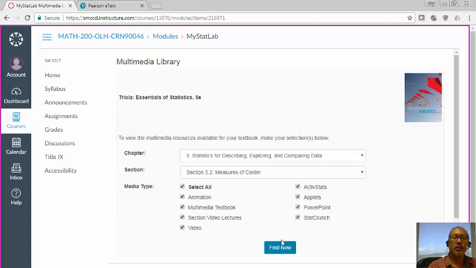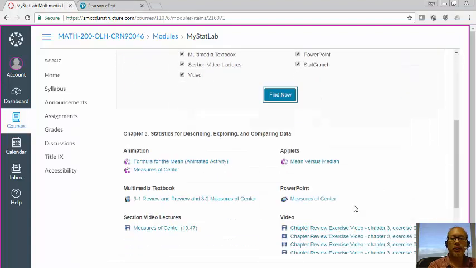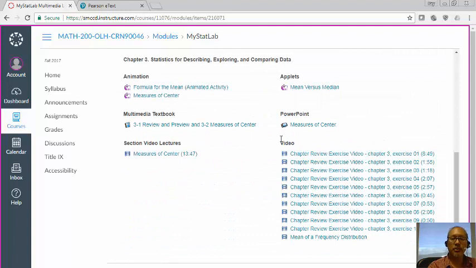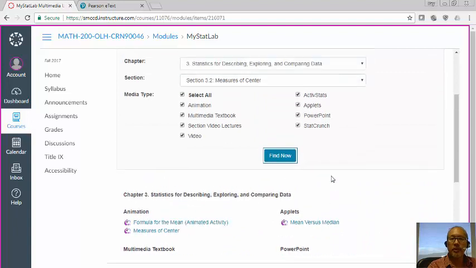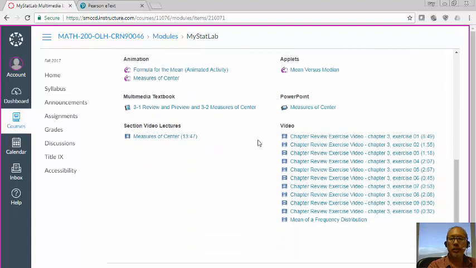Active stats and applets are activities that you can work with on the computer. There are PowerPoint presentations which are downloadable through Canvas, but also through here, and then more StatCrunch. So if you click on Find Now, you'll see a list of all the possible links to go to, and I highly encourage you to explore these possibilities, because everybody's a different learner, and one of these, maybe more than one, but at least one of these should be something that you can use for yourself